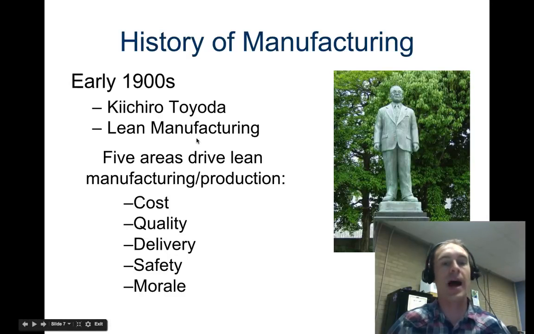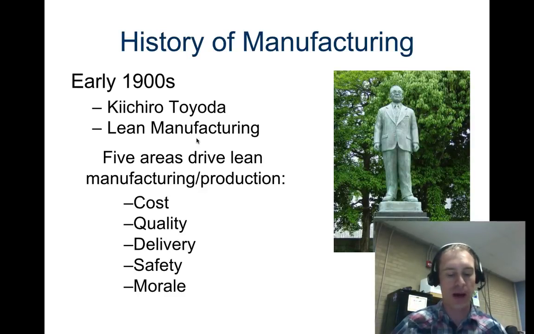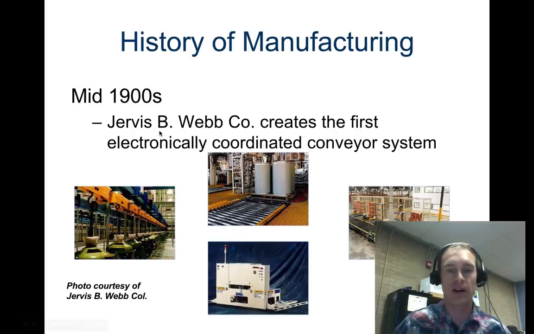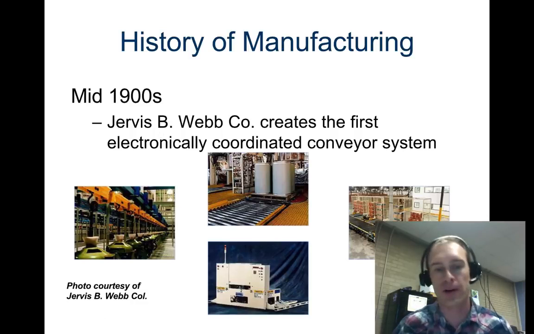It's the idea of continuous improvement. We're always looking at what can we improve, how can we innovate, how can we make things better and better. And that, again, is a lot about lean manufacturing, and we're going to look at lean manufacturing here in a bit. In the mid-1900s, Jervis B. Webb Company creates the first